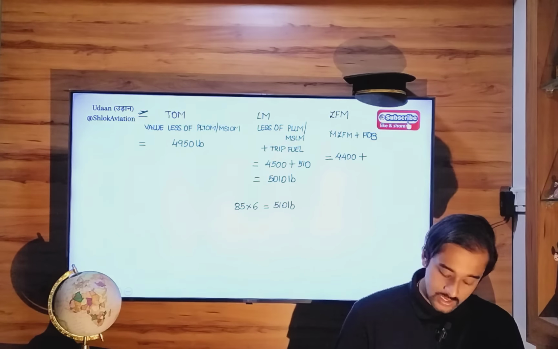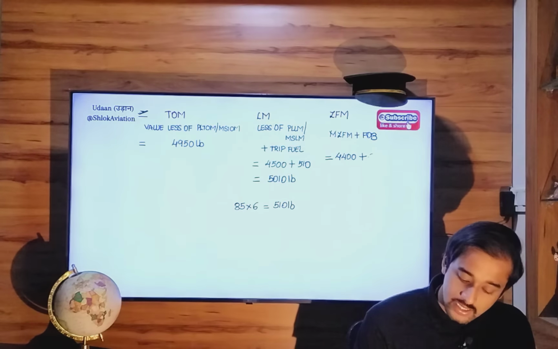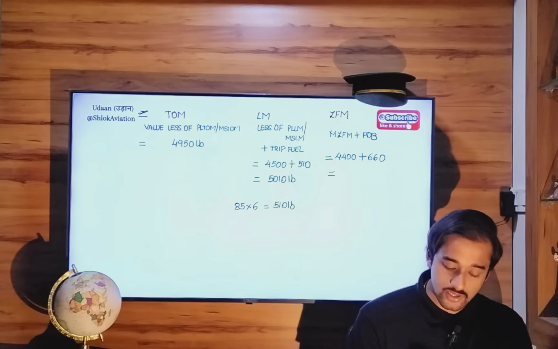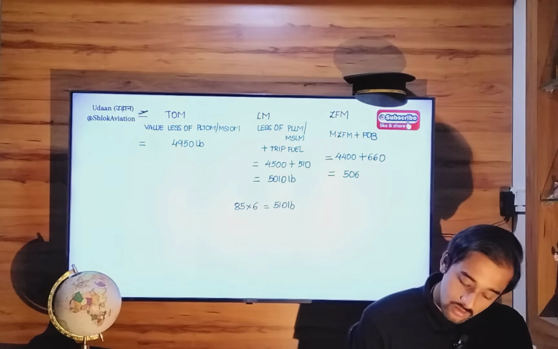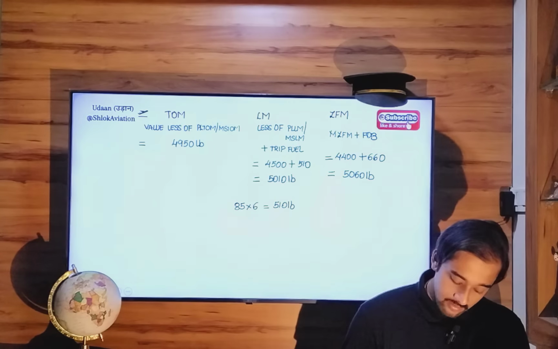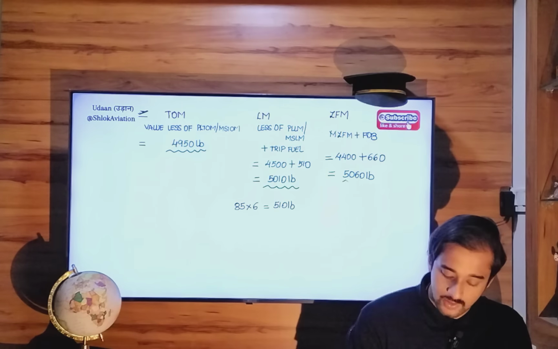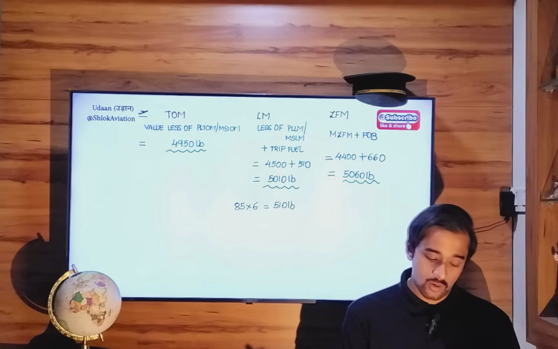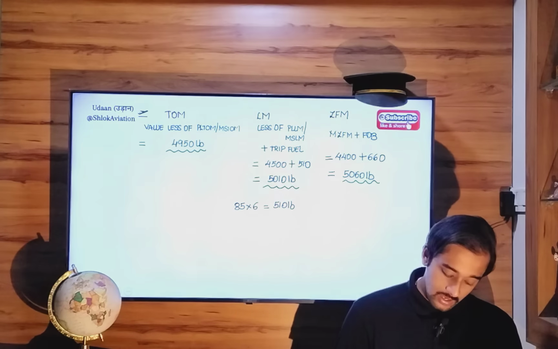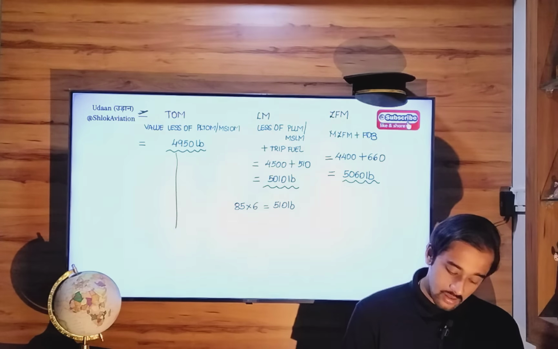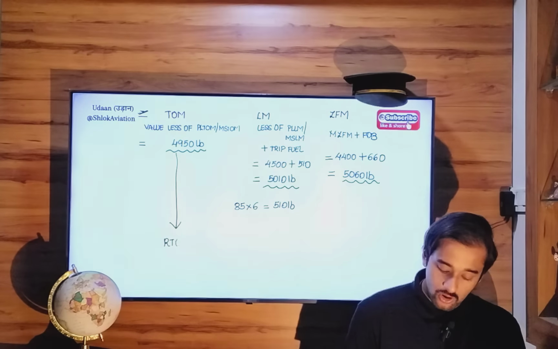Convert 110 US gallons into pounds, you get 660. So 4,400 plus 660 is 5,060. Now out of these three values, 4950, 5010, 5060, the least value is 4950. So that will be our regulated takeoff mass,